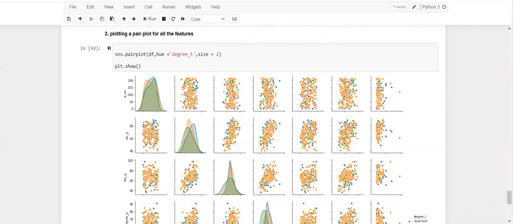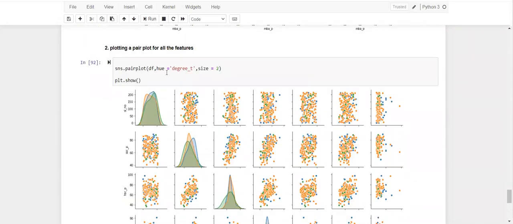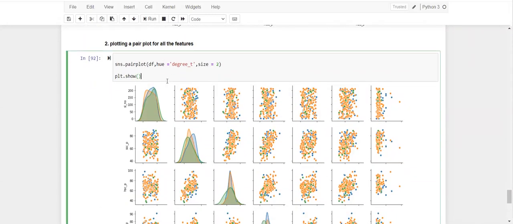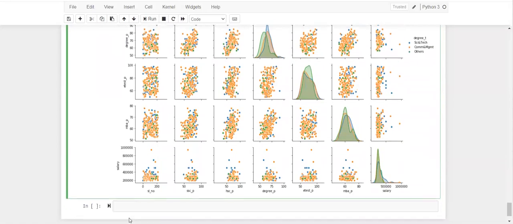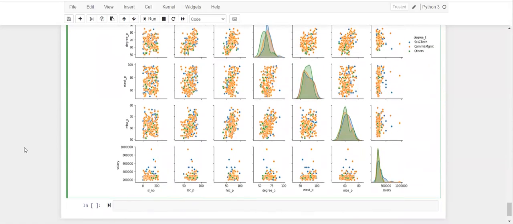And the last thing that I want to show you that we could analyze here is we can try to plot out all the columns on the x-axis and the same for the y-axis as well.